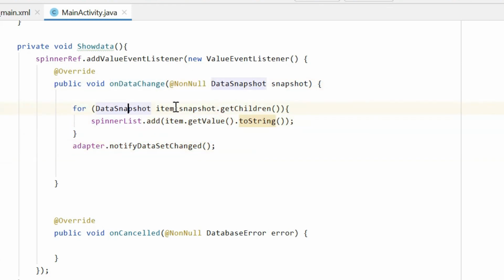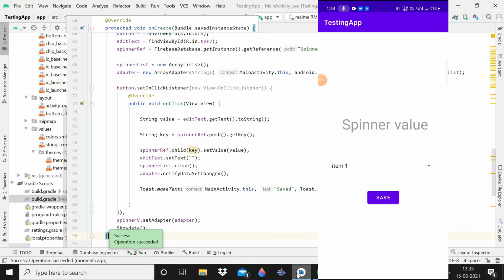How is it executing? You can see that we are retrieving the children of the data. I mean we are retrieving the value of the children that we inserted in the database. Then after this, here you can see that in that spinner list that we have created, which is an array list, we are adding those items of the Firebase database. Understand? So here we are retrieving get children, and after this we are adding that. And now you can see that again we are calling this method to change the adapter state. Understand?